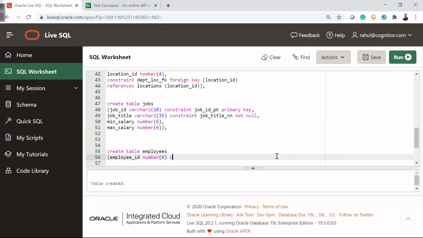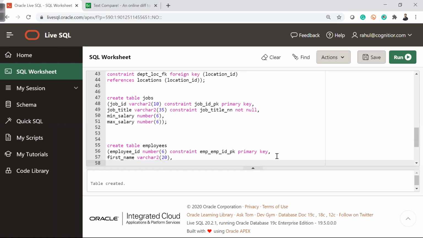I want to add the constraint, so no comma, constraint emp ID underscore PK primary key. Then we have first name varchar2, give that as 20, let's say, then comma, we'll have the last name, which is again varchar2, let's give this as, let's say, 25.